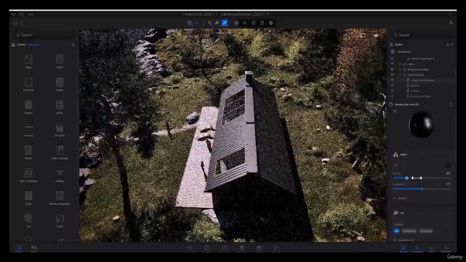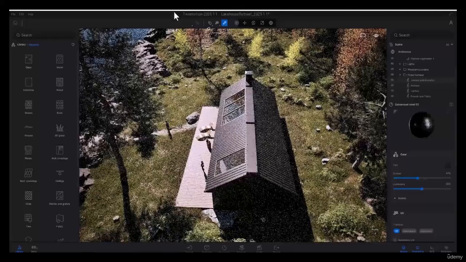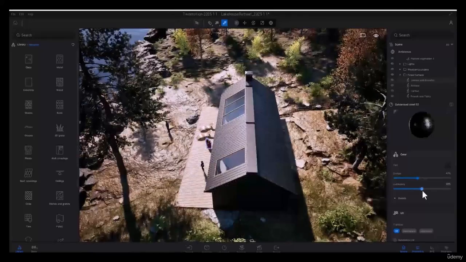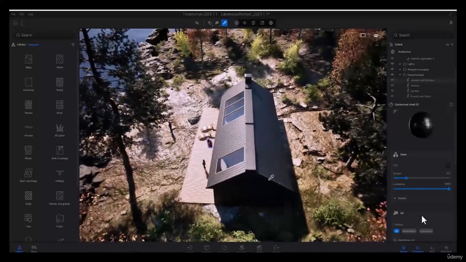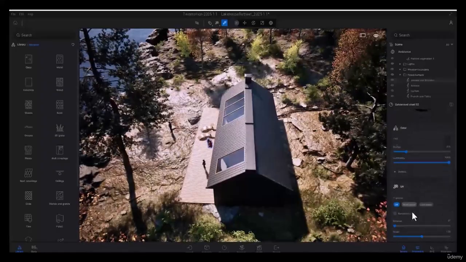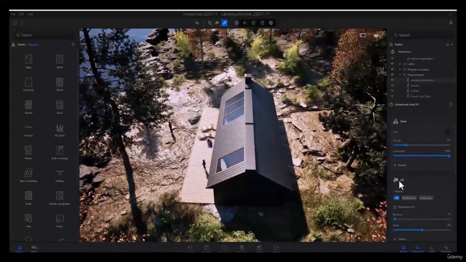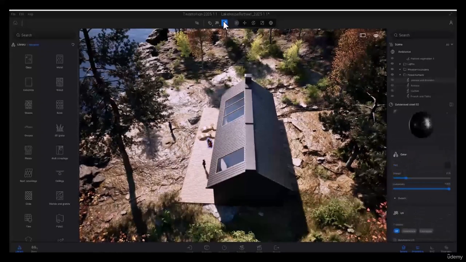For example, I increase the grunge here. Let me deactivate Path Tracer so we can see the result faster. I can increase or decrease the grunge in this material, and you can see the effects on the right side and other options. We can change its UVs, which I will explain later. So the material picker option with the shortcut key is for cases where we want to change the material for an